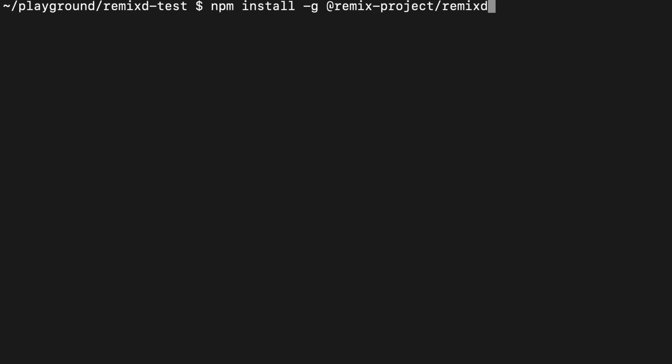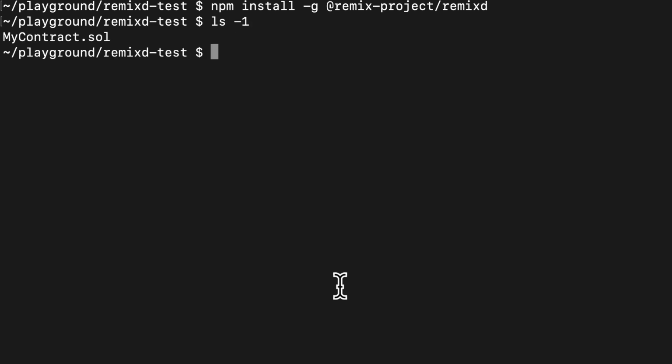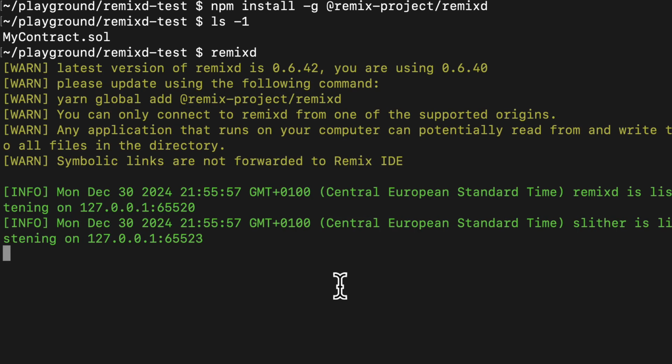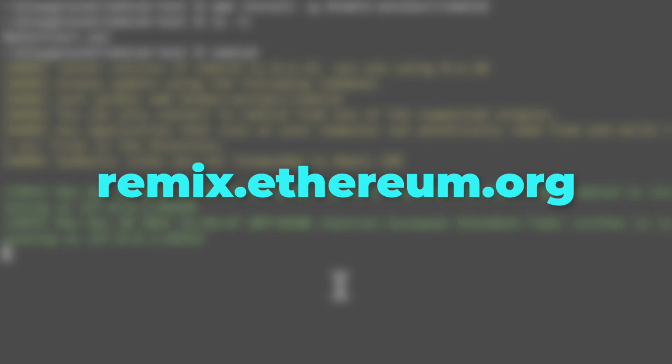Now that Remixd is installed, let's connect it to a local directory. Navigate to the folder of your computer that you want to share with Remix. For example, we are going to use this folder where I already have a smart contract. Once you are in your project folder, run the following command. The command starts the Remixd service and connects the current folder with Remix. Only this folder will be shared and it will only be readable and writable from